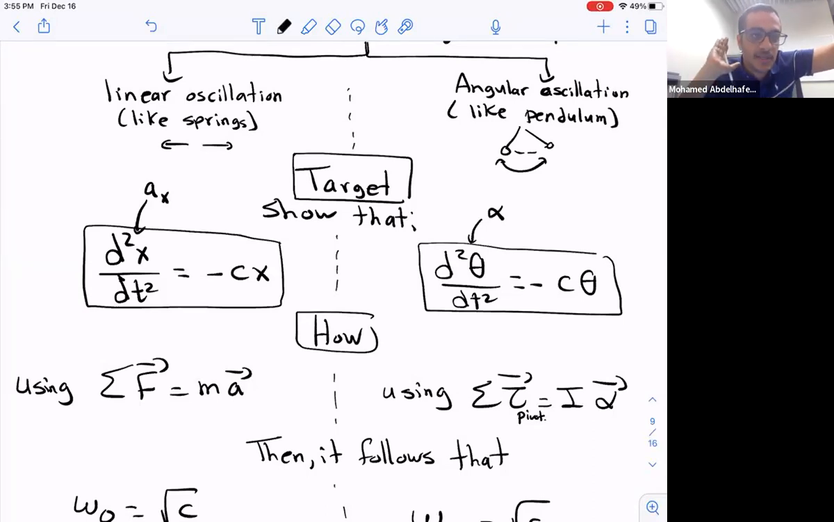Linear oscillation, F equals MA. Angular oscillation, torque equals I alpha. That's it. And then work through the algebra and show that if it's a, it's minus Cx. If it's alpha, it's minus C theta. This C can be anything, just a constant in the problem. And once you show that this is working,